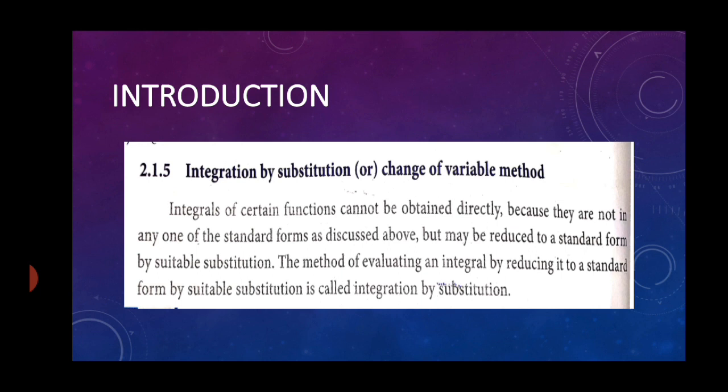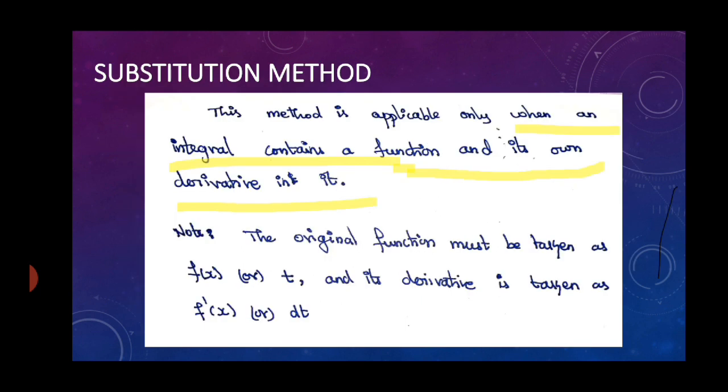Like that, we had direct formulas. But in exercise number 2.2, you could have seen that we couldn't directly integrate. We applied partial fractions. In the third exercise, you just learnt how to integrate exponential functions. In the fourth exercise, you learnt trigonometric functions, and in this one we are going to learn an integral which cannot be directly integrated, but by applying a substitution you can reduce the non-integrable to a standard integrable type, and that method is called integration by substitution.